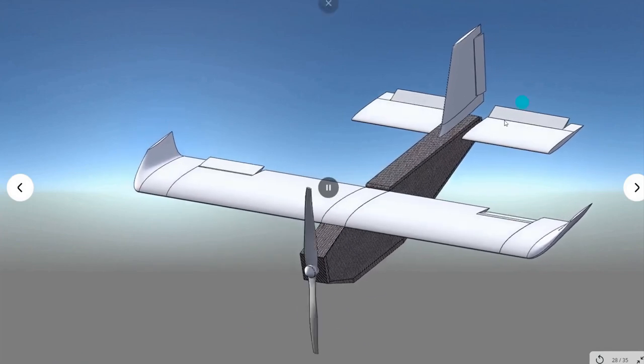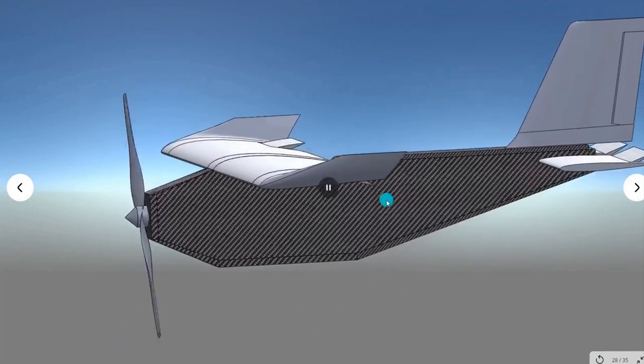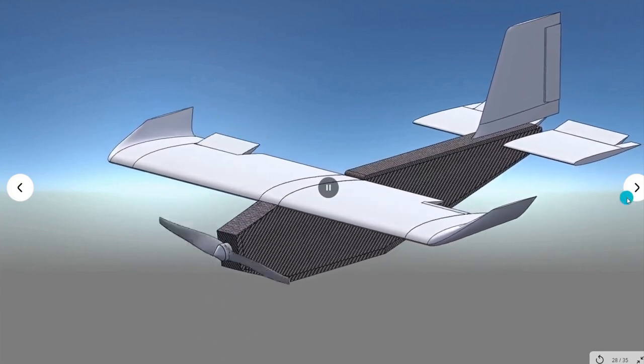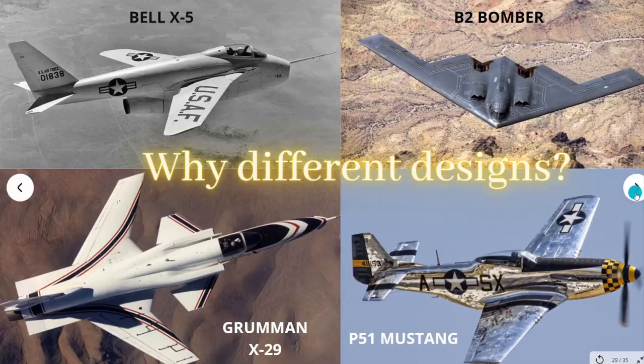Do you guys think that designing the whole aircraft is so simple that we can place all the components in their place and it will fly very easily? It is not the case. If it had been so simple, then why do we have a lot of different kinds of designs on Earth, right? All these designs look so different from each other, but still they have their own importance.